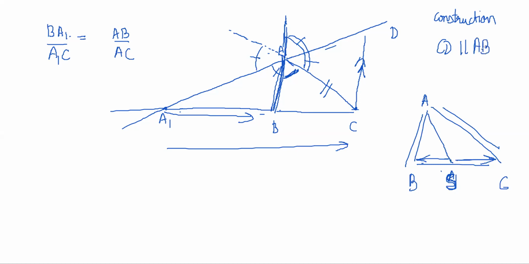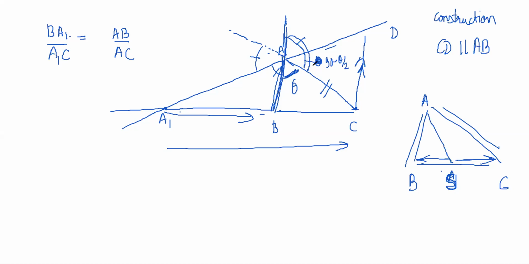Now, if CD is parallel to AB, then we get AC is equal to CD because we can do angle chasing. Let BAC be theta. So BAC is theta, and the exterior angle is 180 minus theta. Then those two halves become 90 minus theta by 2, because 180 minus theta divided by 2 is 90 minus theta by 2.